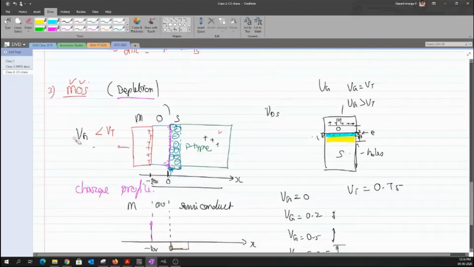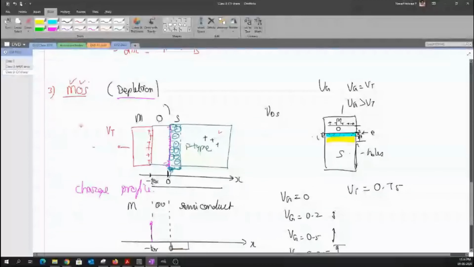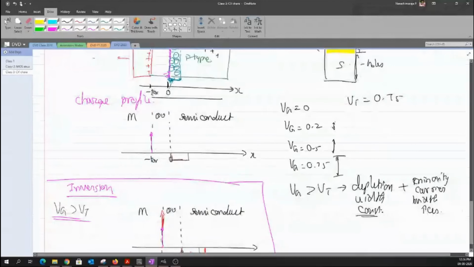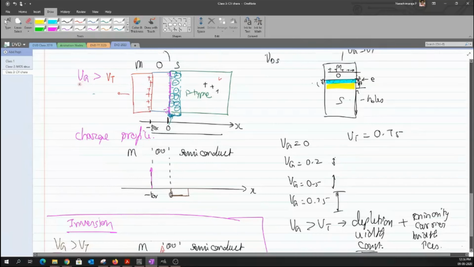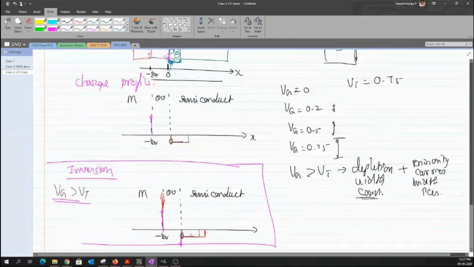So when I have a potential VG, as I increase the value of VG greater than the value of VT, what happens is that I'm trying to deposit more positive charges, okay? It means that the height of this, the magnitude plot of this one, would increase further. I've just increased the height of this particular charge profile because I have more positive voltage than the value of VT, which means that I've deposited more positive charges on the metal oxide interface, okay? So the height of this particular profile has been raised up from the previous profile, right?